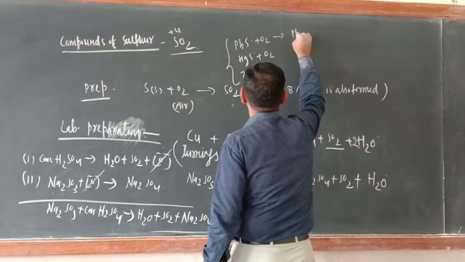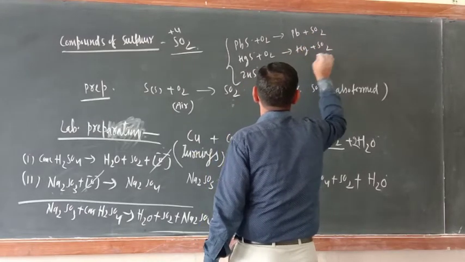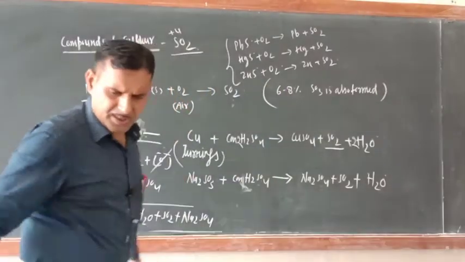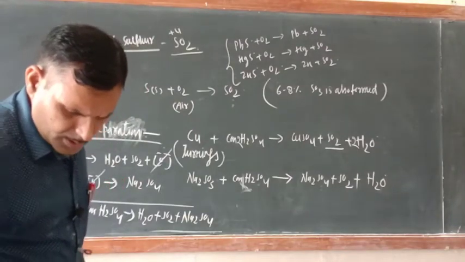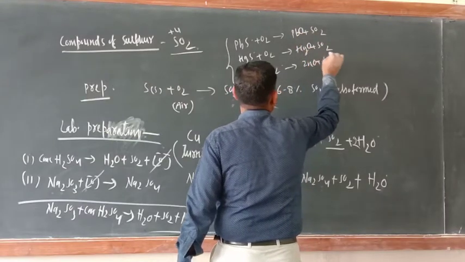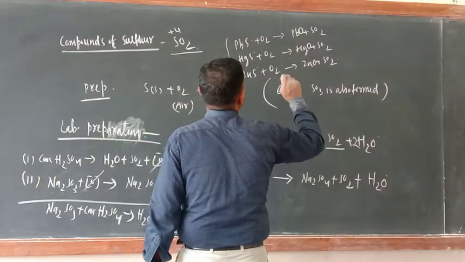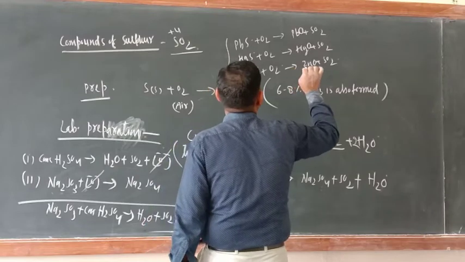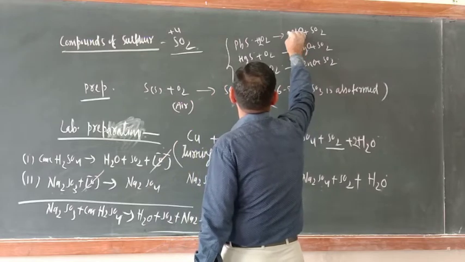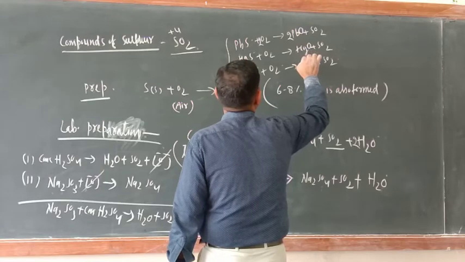Just see, Pb plus SO2. Here Hg plus SO2. Similarly here Zn plus SO2. So just try to understand here. They are oxides: HgO, PbO, ZnO plus SO2 is formed. Balance the reaction also. Just see, 3 oxygen is there, so you write here 2. Here also you have to write 2. So 2, 4 is there. I hope that it is balanced now.